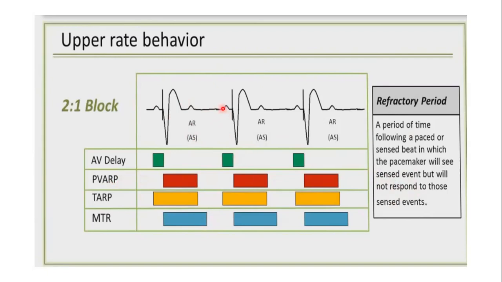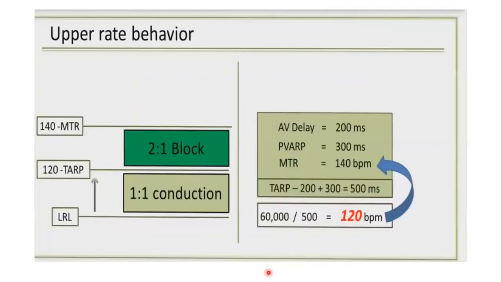Then it now senses another atrial activity here. And of course, the timer for the AV delay starts, and then it elapses without intrinsic ventricular activity being sensed. Then it paces and the cycle continues. So this is what is termed the 2-to-1 block that is seen. And we can actually predict this